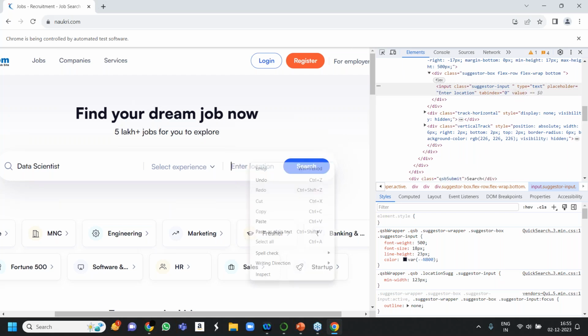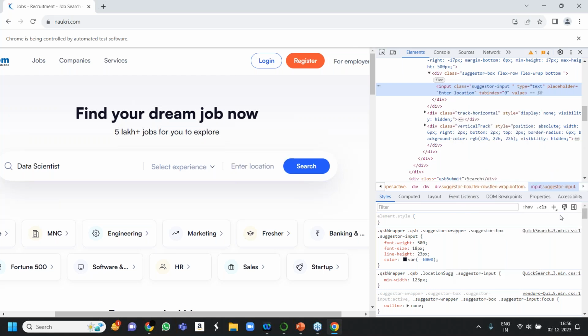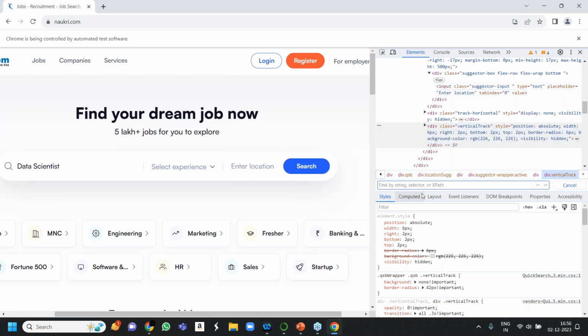Okay. You understand how I scrape the absolute XPath? Right click on the class in the inspector, copy, then copy full XPath, copied. To verify your answer, just click anywhere here and press Control F for the filter box. You will see the filter box over here. Can you see this box? This is the filter box.